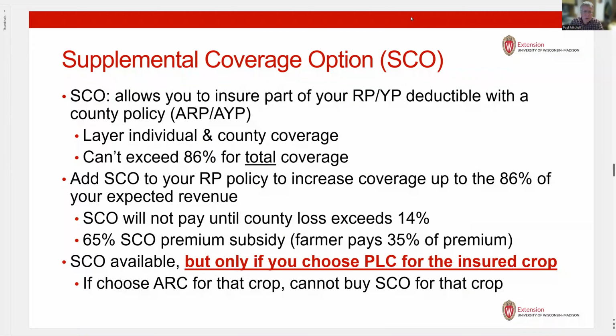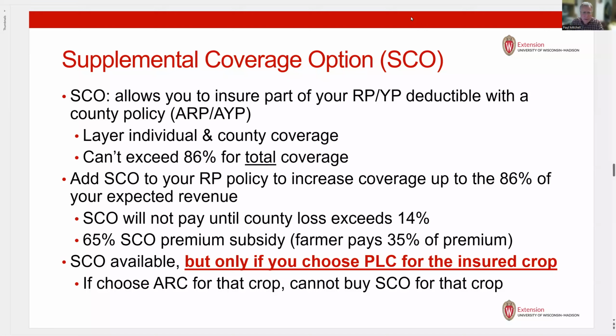Supplemental coverage option, SCO, allows you to insure part of your revenue protection or yield protection deductible with a county policy, the area revenue protection or area yield protection. What you're doing is layering individual coverage and county coverage on top of each other. You still can't exceed the 86% of total coverage with SCO. What you're doing is adding SCO on top of your revenue protection coverage to increase your coverage up to